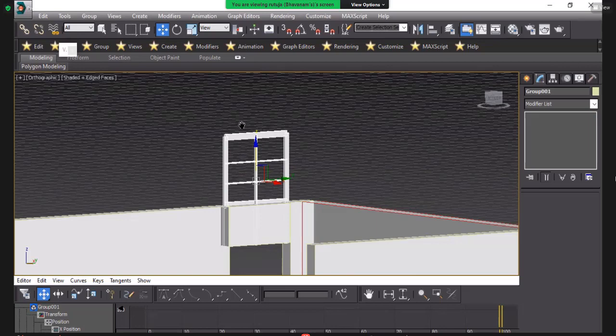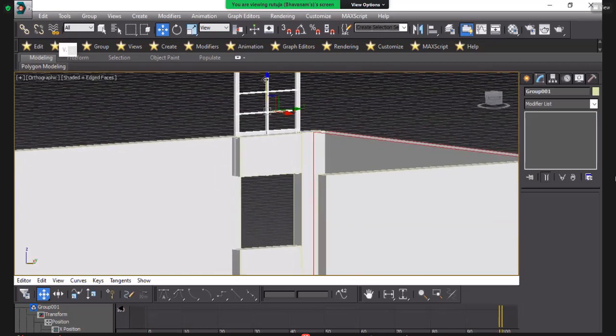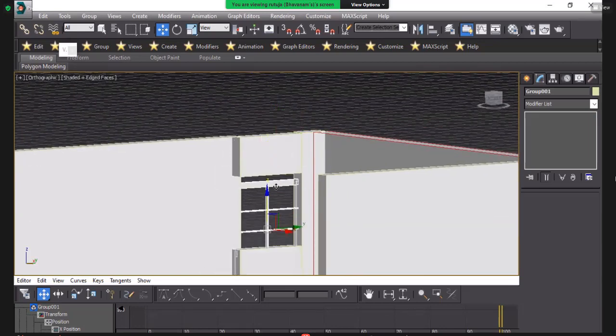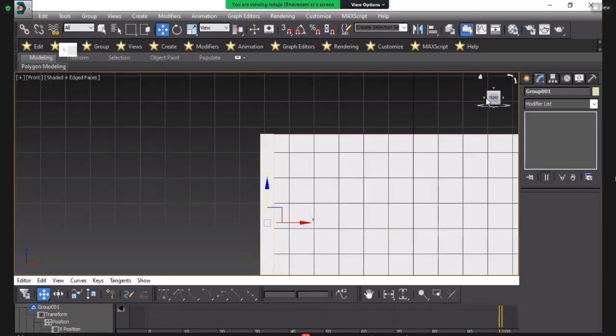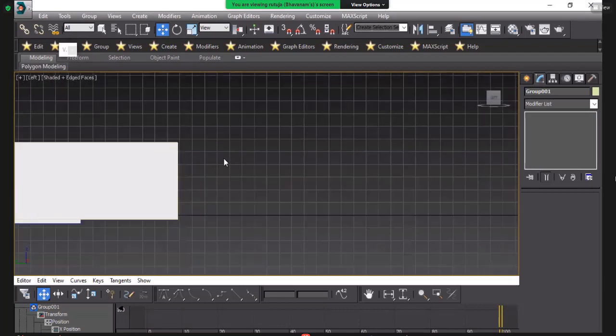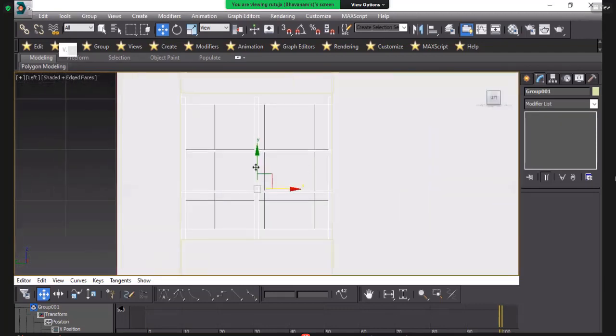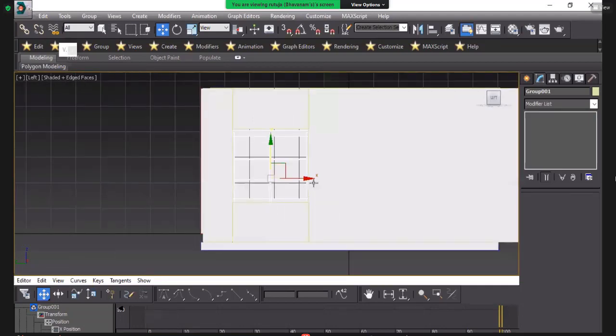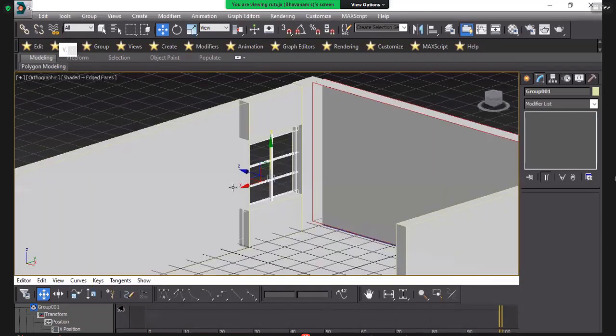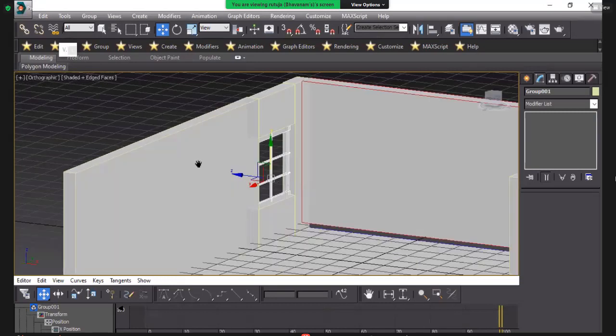Exactly here, place it in your place. Go to the right side and you can see here, this is your window. This is the method to draw your window.